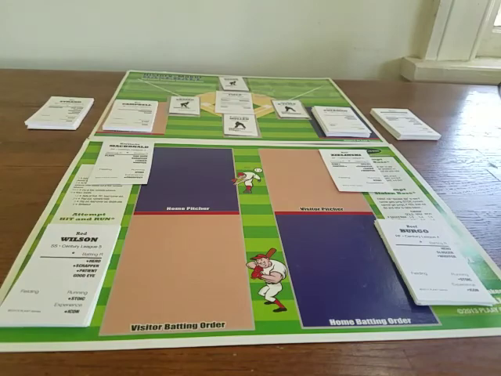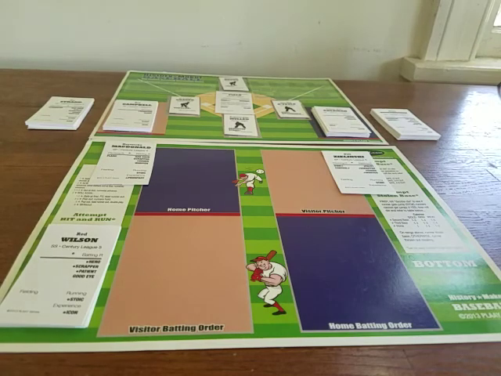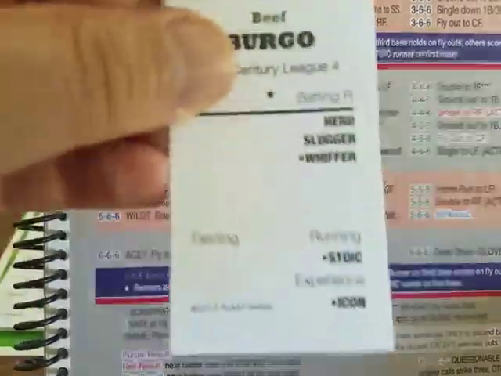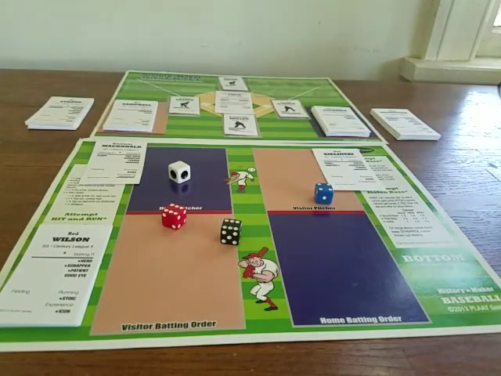So bottom of the second, and where's the beef? Well, the beef is right here, Beef Borgo. Beef Borgo, or Borgo, not sure how it's pronounced. I guess it's up to my interpretation. 4-6-6. Is he wild? No, he's got semi-control. Is he a home run king or slugger? Well, with a name like Beef, he's got to be a slugger, so therefore he's going to strike out. So the beef